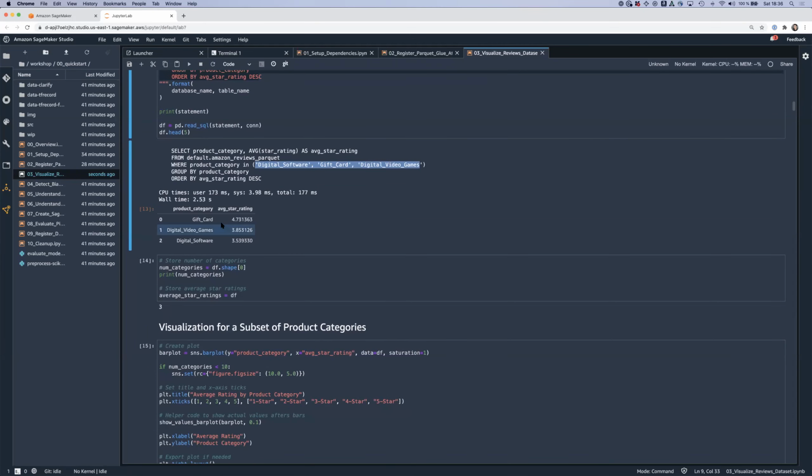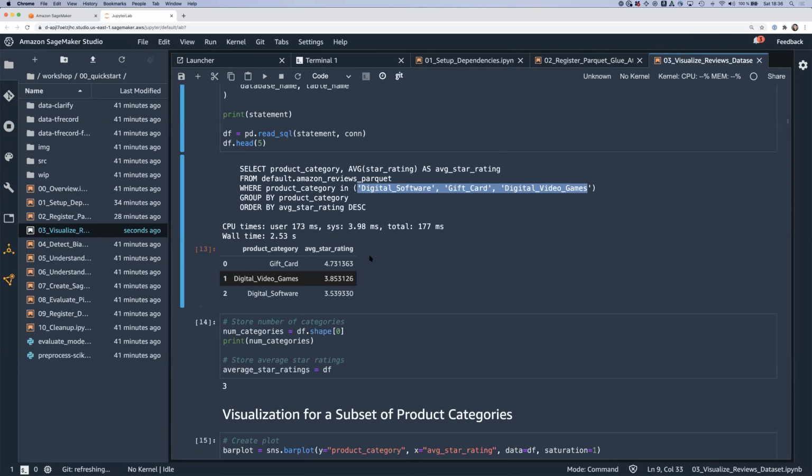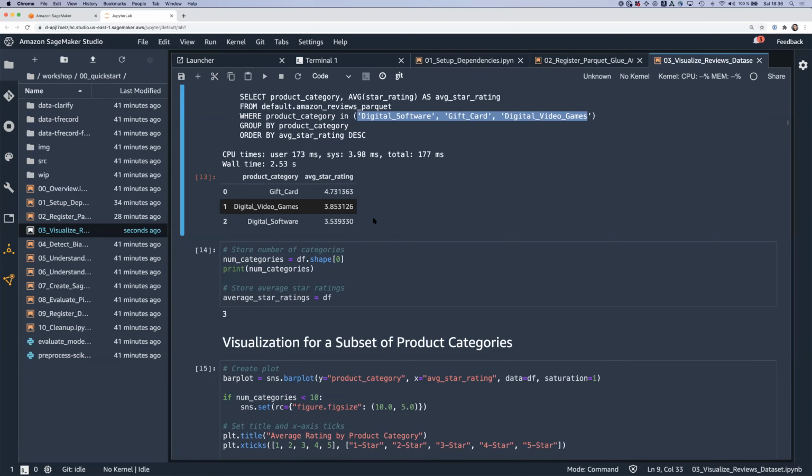So you can see here that gift cards are the highest rated category by average with 4.73. Maybe I zoom in a little bit more. Yeah, zoom in quite a bit. Yep, yeah, zoom in. Yep, quite a bit. Yeah, I just got a big screen here today, so let me know when it's too small. All right. So gift card 4.73, and then digital video games and digital software is notably worse, so 3.8, 3.5